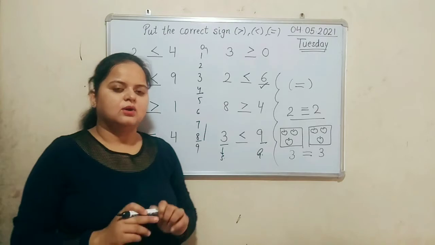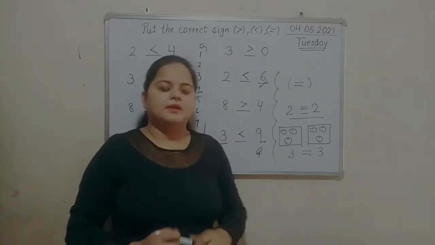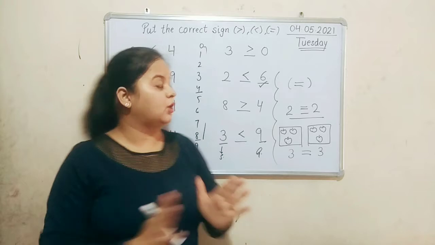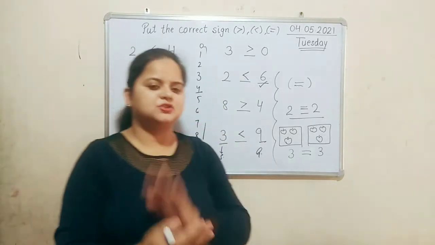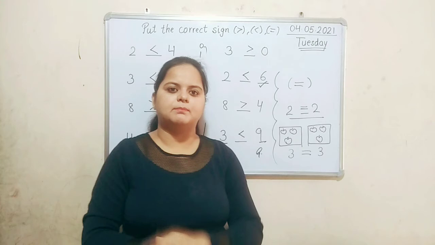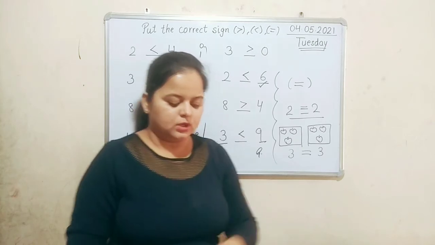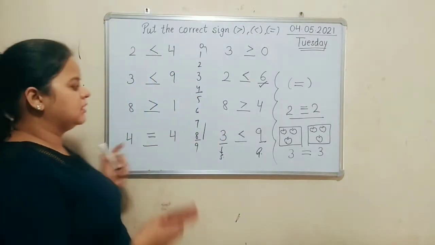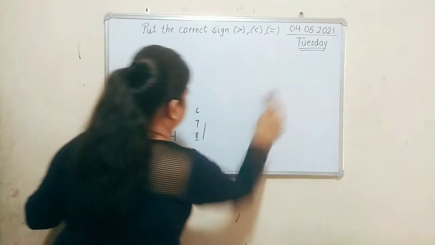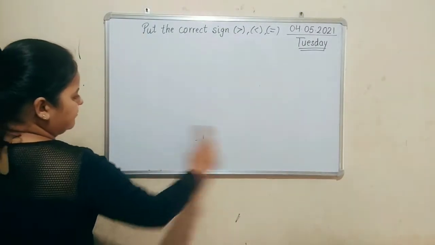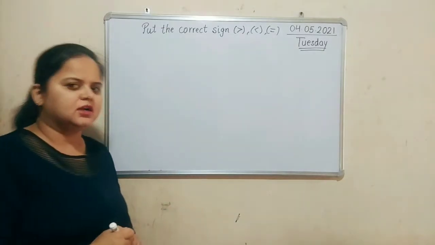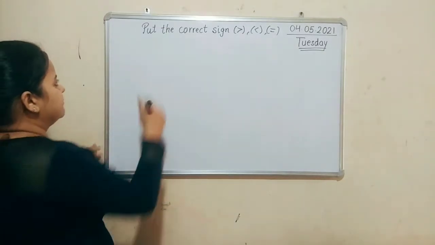Done? Okay, very good. Now my dear students, I hope you have all understood the topic of greater and smaller numbers. Now you all can do the comparison between two numbers. Yes? Okay, let's do the same with a different method again. We will do the comparisons again but with a different method. Okay?